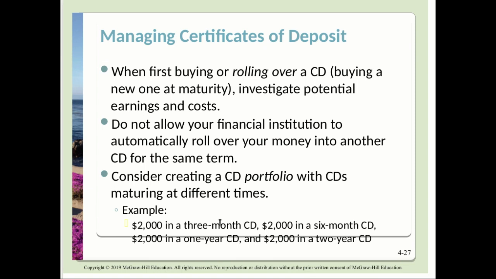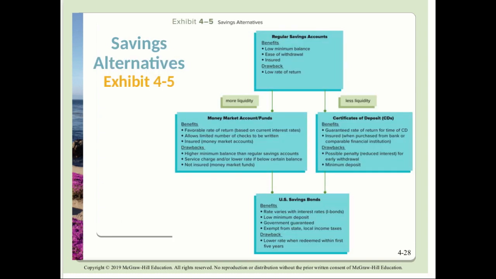One of the things to think about is getting different CDs. In other words, one of the things you can do is maybe have one CD, $2,000 worth, for 6 months, maybe another $2,000 for 3 months. In other words, what you're doing is you're setting it up so that you've set aside a bunch of money. The thing is, some of it is going to be available to you sooner than some of the other money, depending upon what your needs might be.